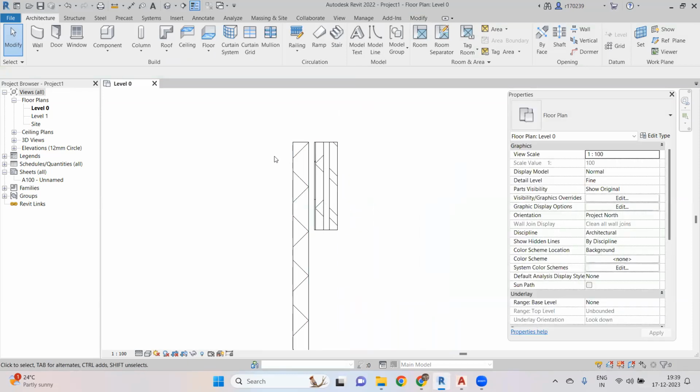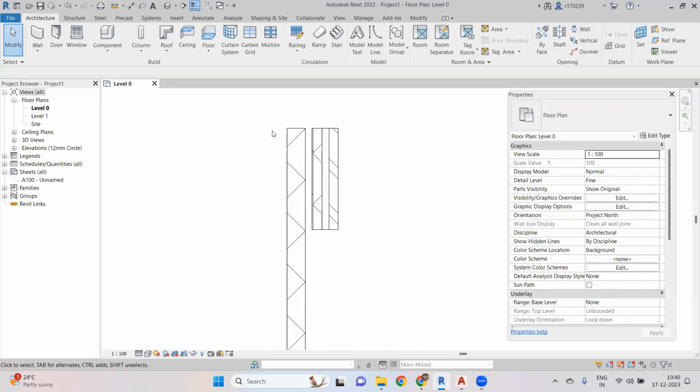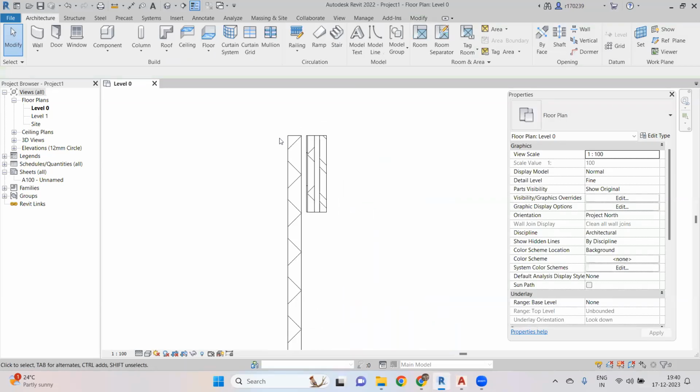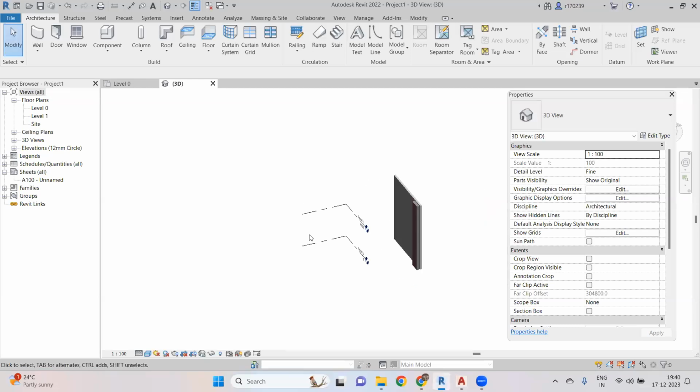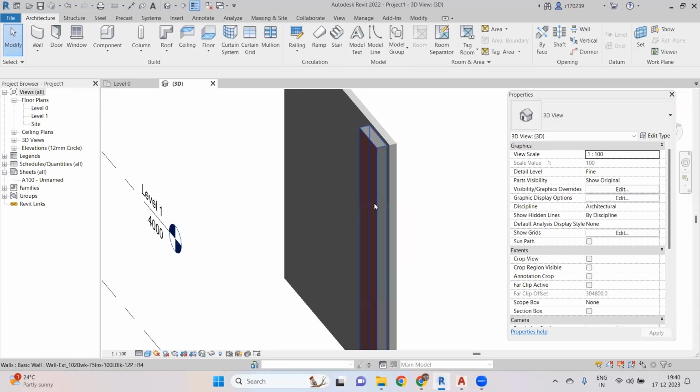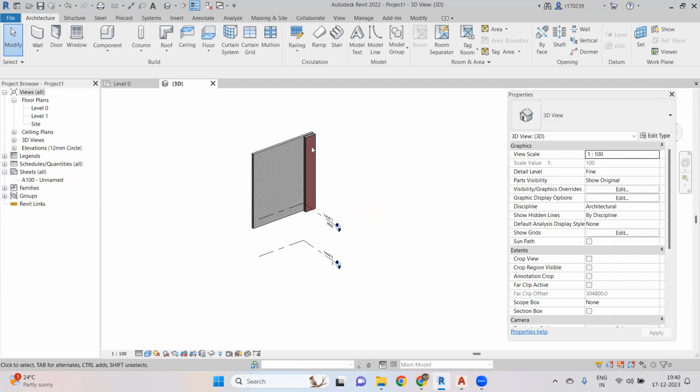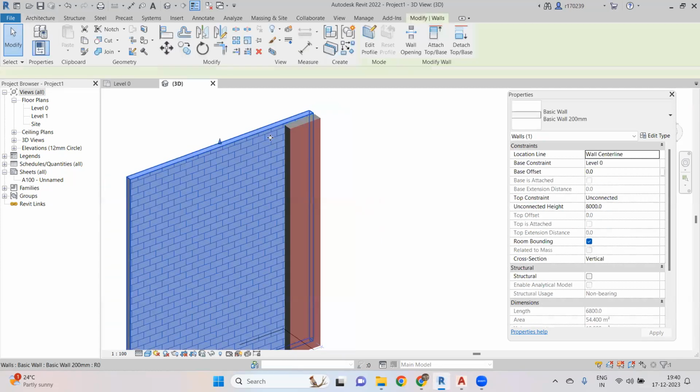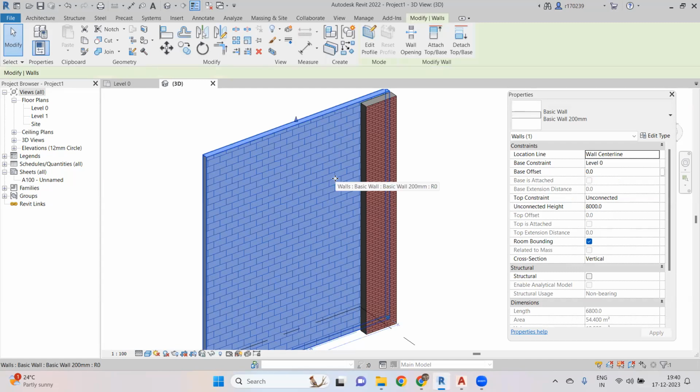How to go to the 3D view? There are various options or ways to go into the 3D view. The first thing beginners do is go directly to the quick access toolbar, and we have a symbol for the 3D view, that is the home symbol, default 3D view. Let's click there. Then we are able to see walls there. See how this basic wall is visible,